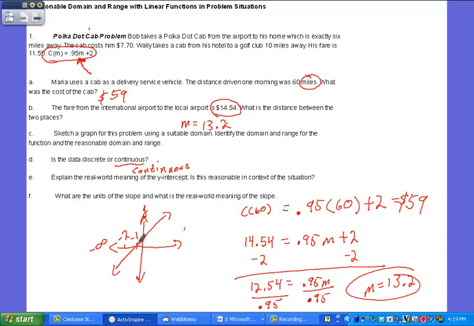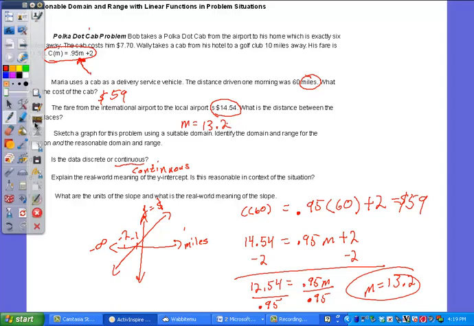So my question to you is, because remember, the x value in this case is miles, and the y value in this case is my dollar signs, right? So is it possible for me to have negative mileage in this trip? No, unless he's driving backwards. And if he is, I don't want to be part of his cab. So I'm going to erase,